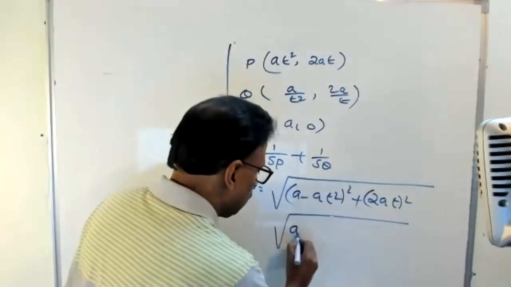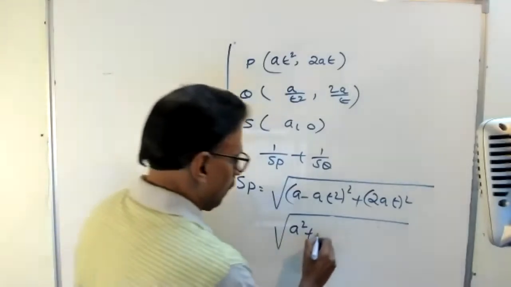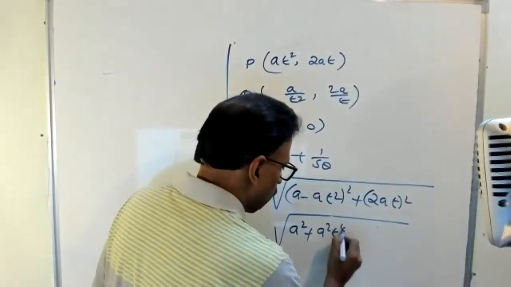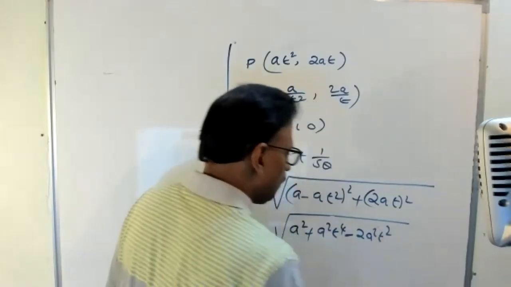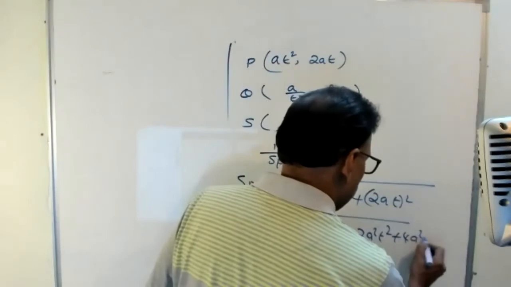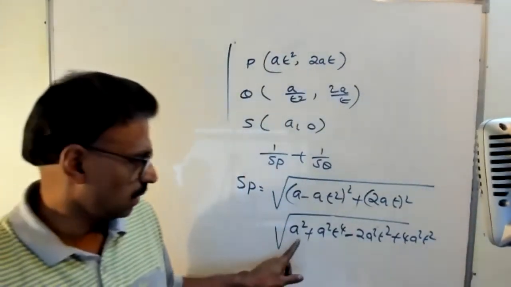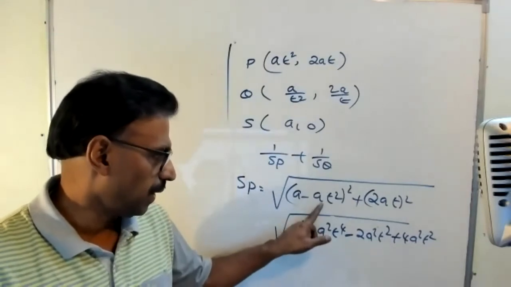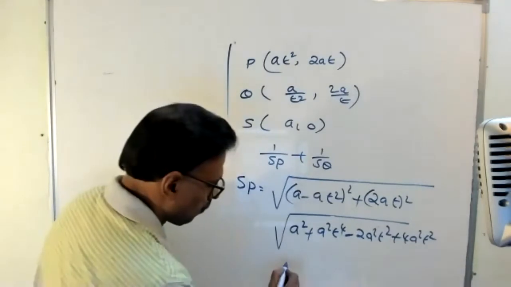Okay, a square plus a square t raised to 4 minus 2a square t square plus 4a square t square, right? Check. Correct or no? A square, a square t raised to 4. Okay, then this is equal to